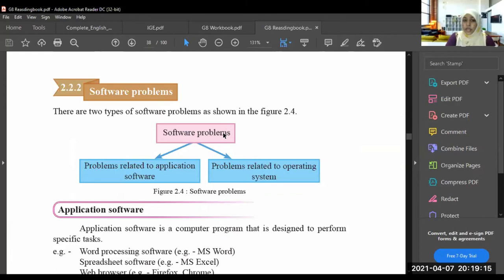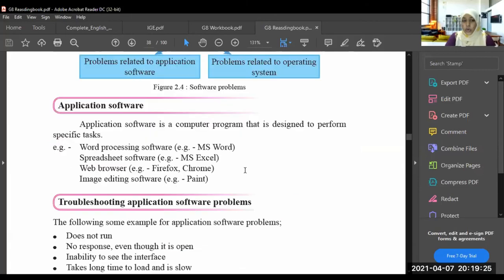The software problems, as I said above, are of two types: problems related to application software and problems related to the operating system. So you know what an application software is now. Whatever software we use to do specific tasks are application software.